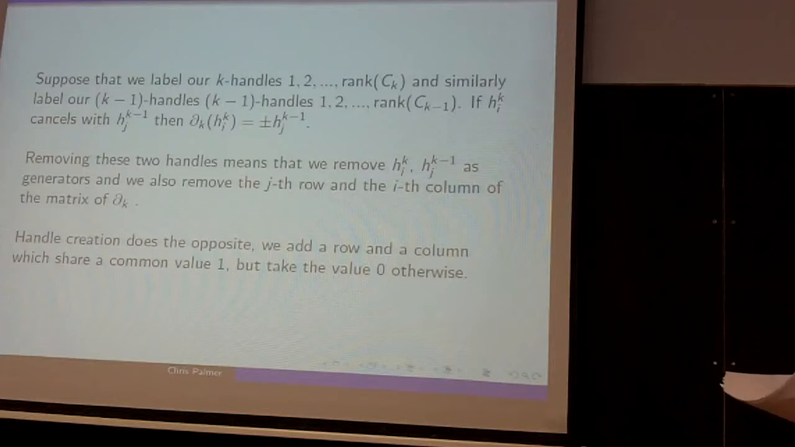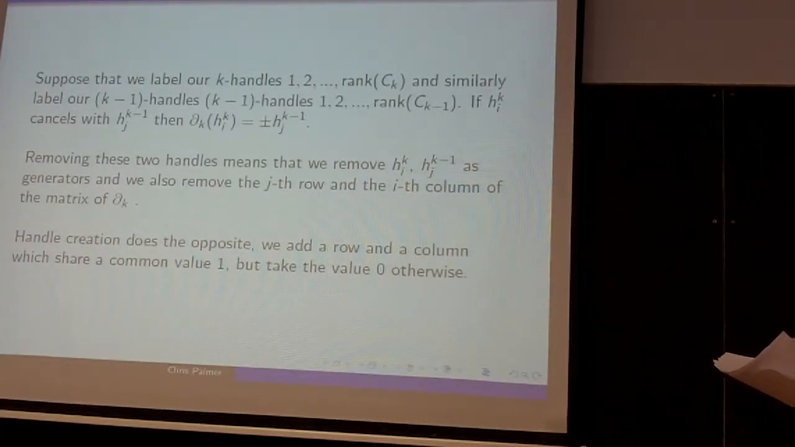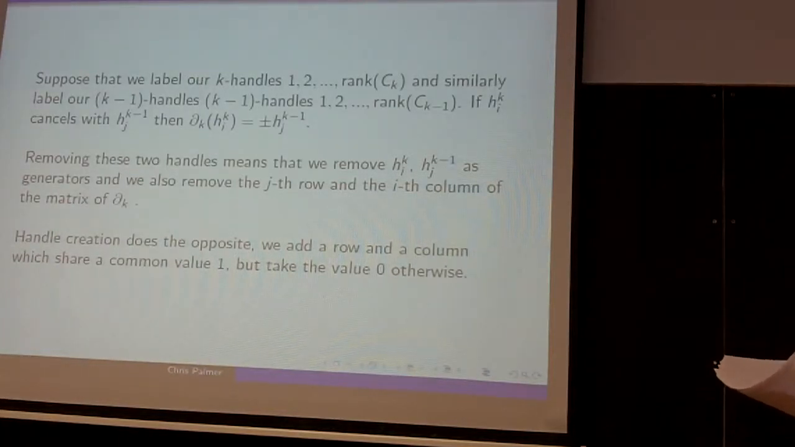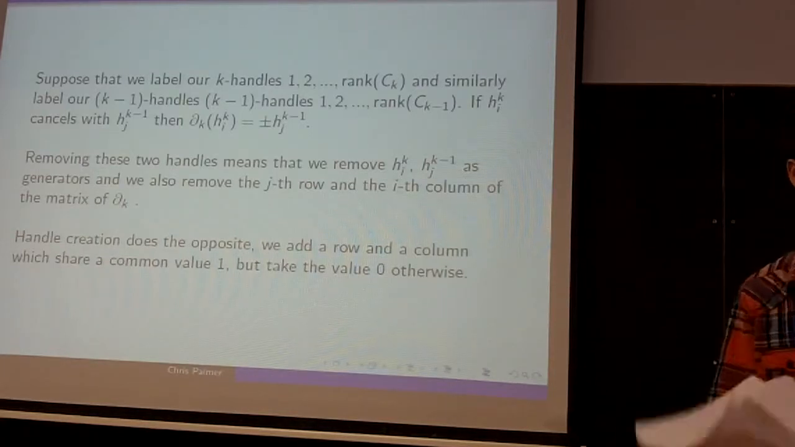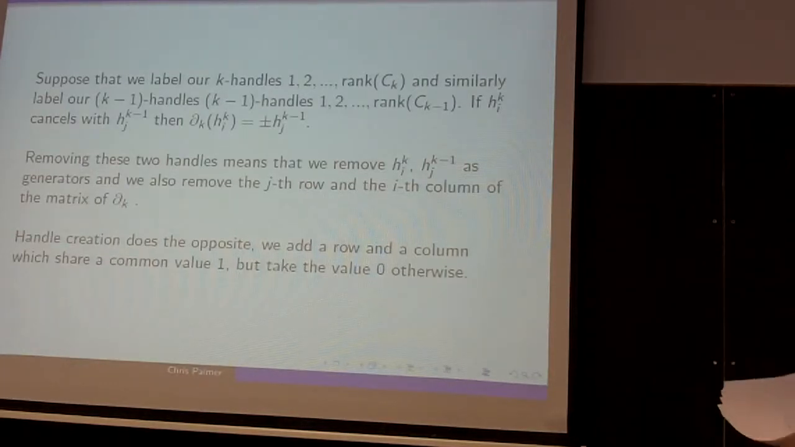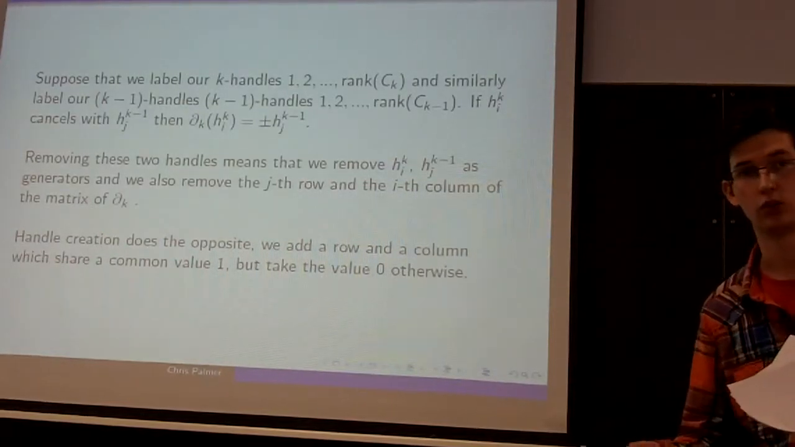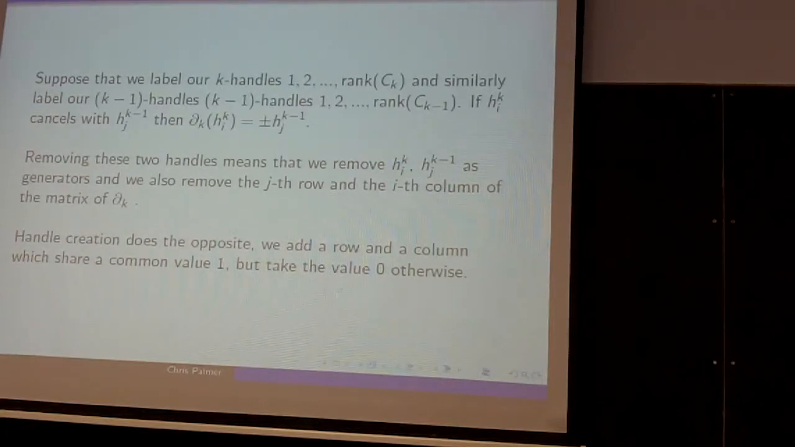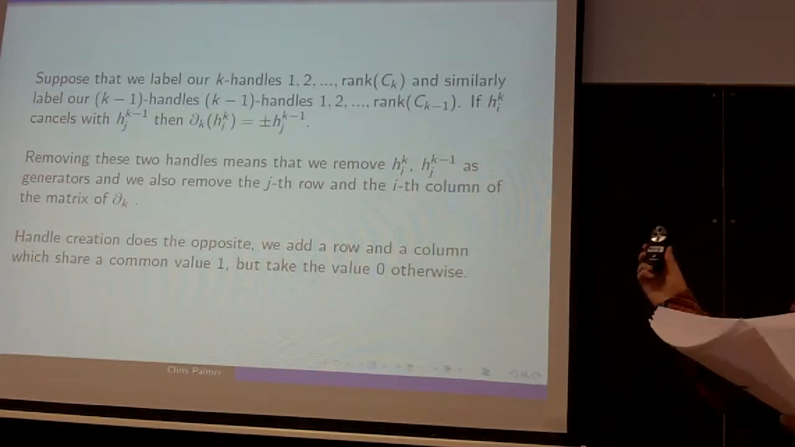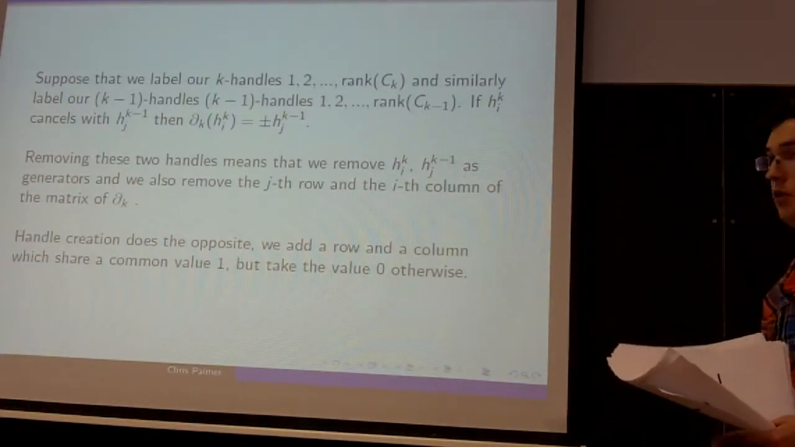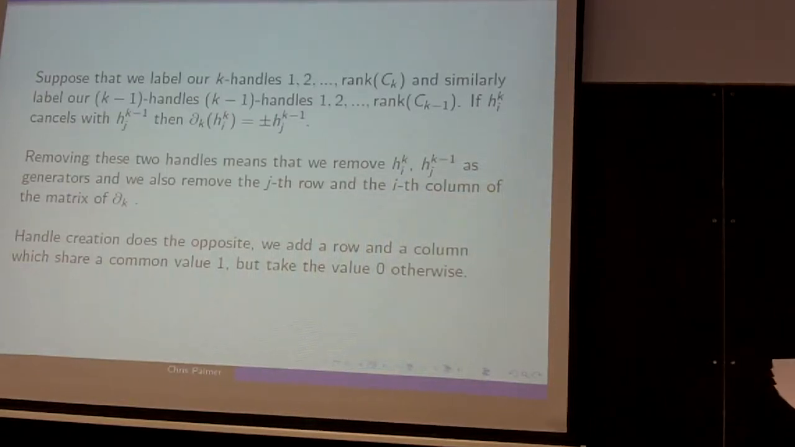Okay, so now let's return to the handle chain complex. So what happens when we cancel two handles? So our k handle is cancelling with our k minus 1 handle. So in terms of generators, we should remove one of the generators for the group of k handles, one of the generators for the group of k minus 1 handles, and we can also think about the matrix. So the matrix of the boundary map from the group of k chains to the group of k minus 1 chains is an integer valued matrix, and